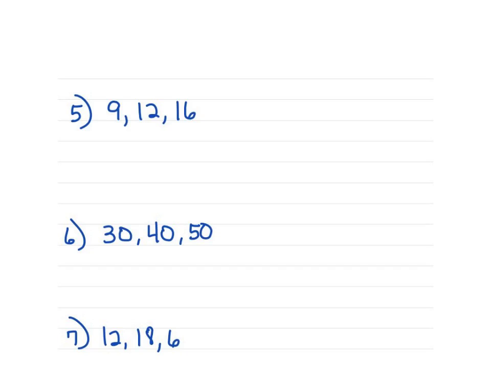Here we go. Example number 5. The numbers are 9, 12, and 16. So what we need to do is run those numbers through the Pythagorean theorem. A squared plus b squared equals c squared. And if it works, then yes, this set is a triple. If it doesn't work, then it's not a triple. So all we need to concern ourselves with is that the longest side, or the largest number, 16, is substituted